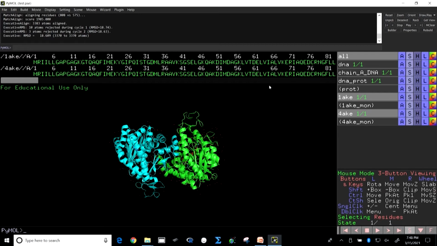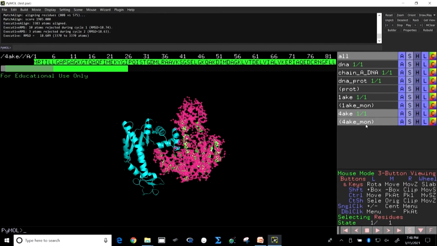You never align two structures in their oligomer. Whenever you need to align or compare two structures, you always make monomers out of them. We have already made monomers. So, let us see what will happen if we take the monomers. So, we take them out,